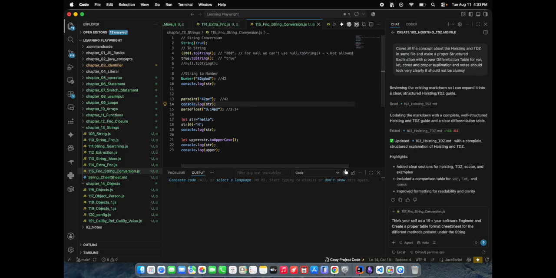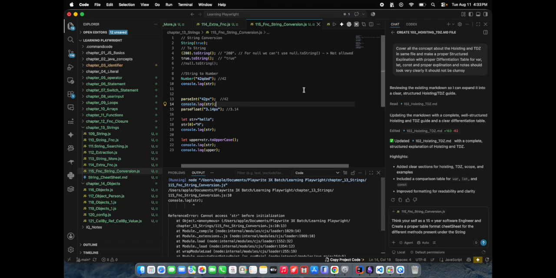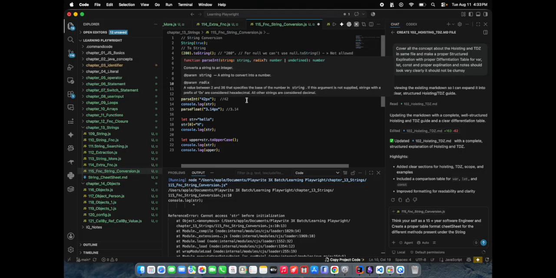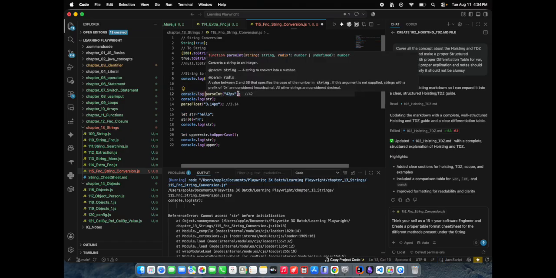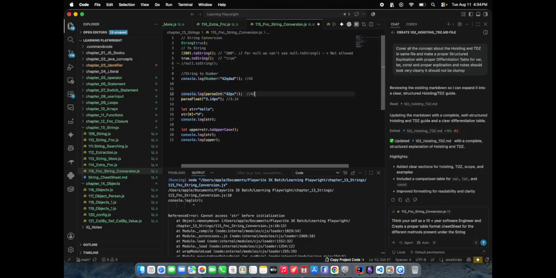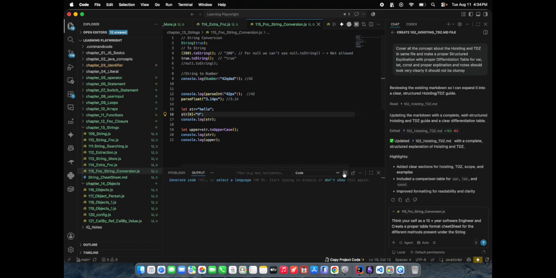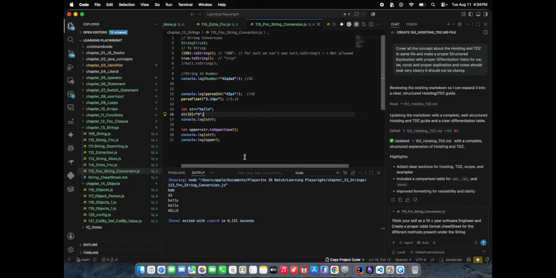and if I try to print it now, the first one is not possible, if you have it like this, it will give NaN, not a number.